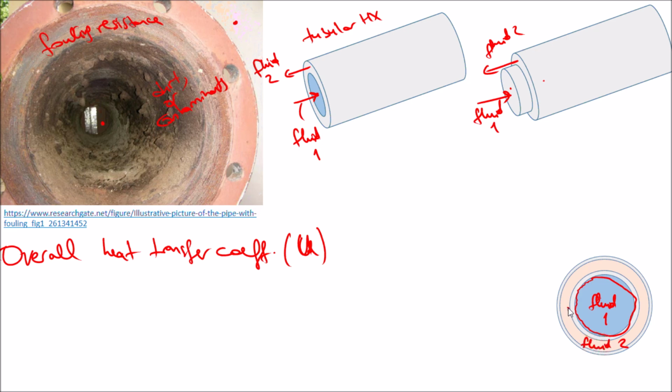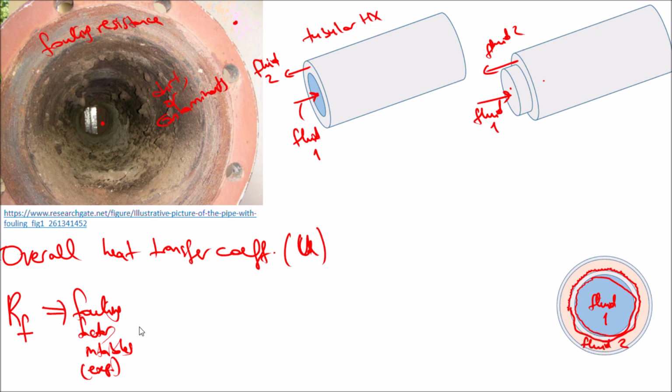It is also possible that you have the contaminants on the outer wall of the inner tube. And these are called the fouling resistances. These fouling resistances are shown in the table as fouling factor. Fouling factor in tables. You can look for the tables, and these are all experimental. You can look up the fouling factor in tables, but in tables they are given as